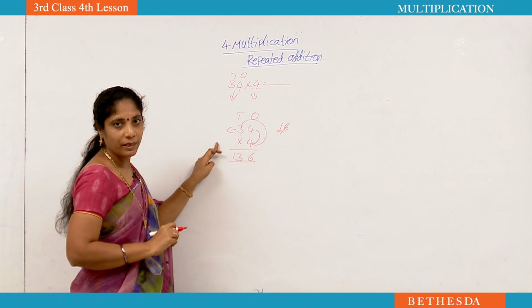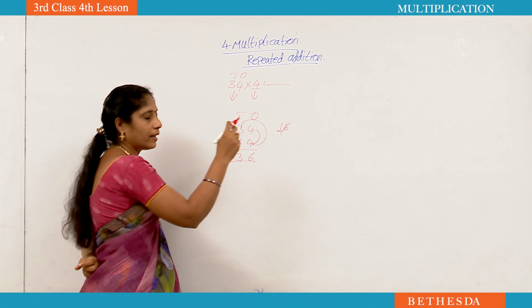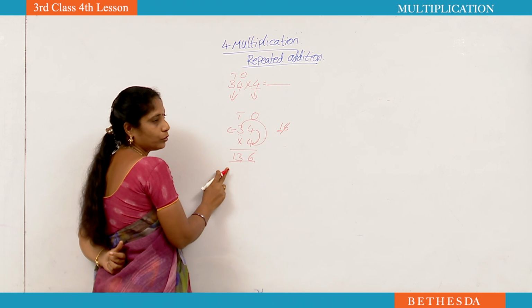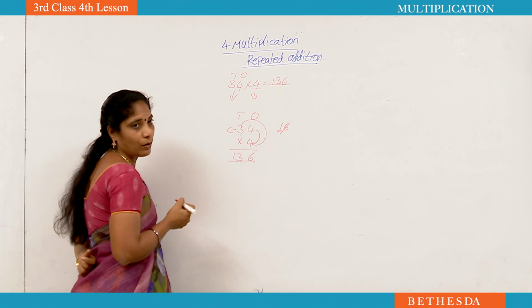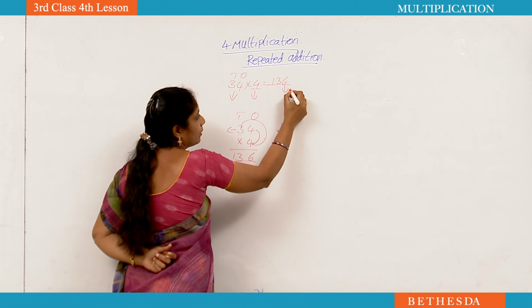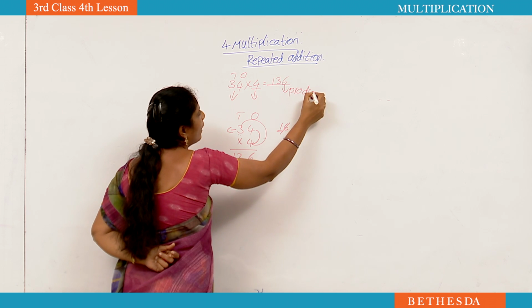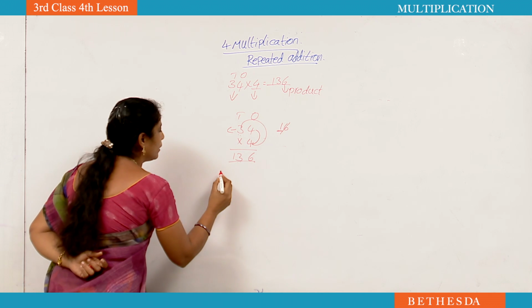Why? Because to add the number, we don't have a hundreds place number. If a hundreds place number is there, we have to write this 2 digit number aside and cut the ones place number and write it down. We should not write 2 numbers at a time down. Now the product is 136. What is the product now? 136. Now I am going to do another sum. See here,